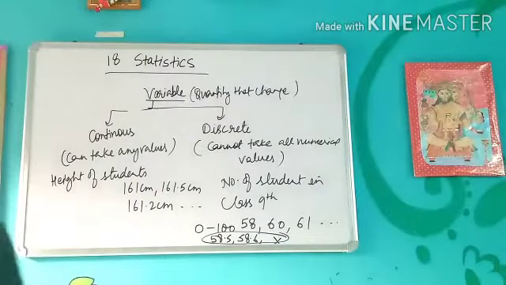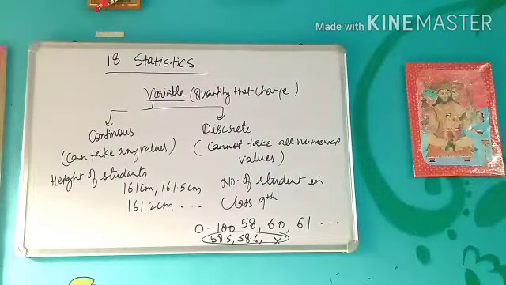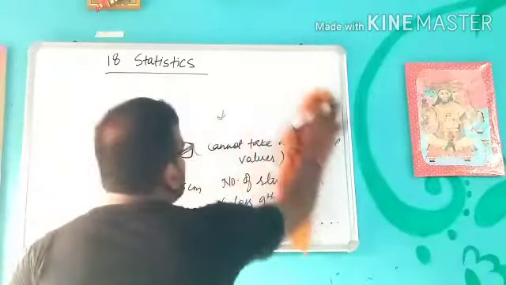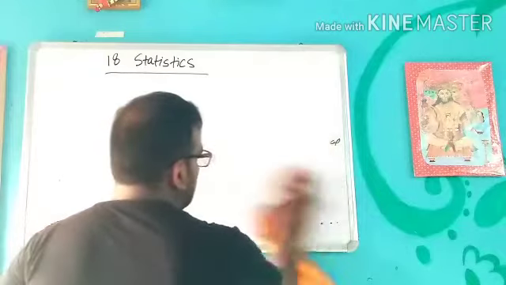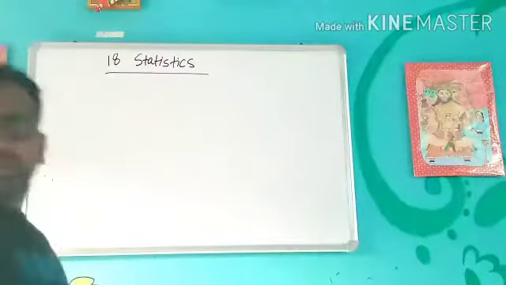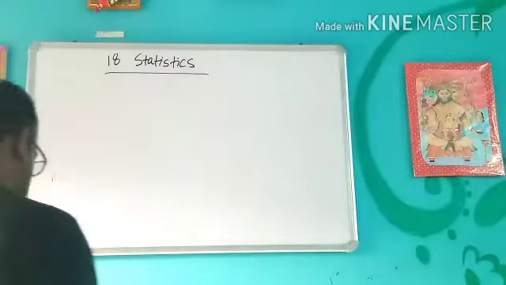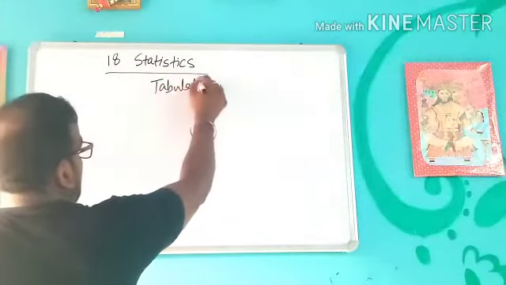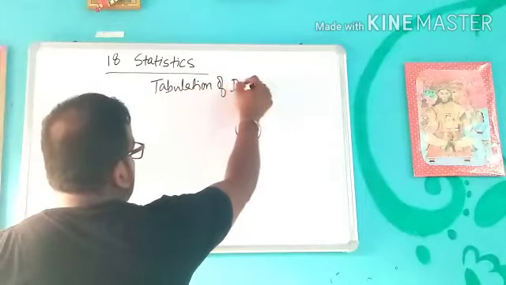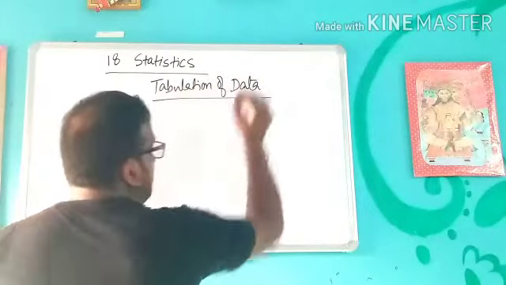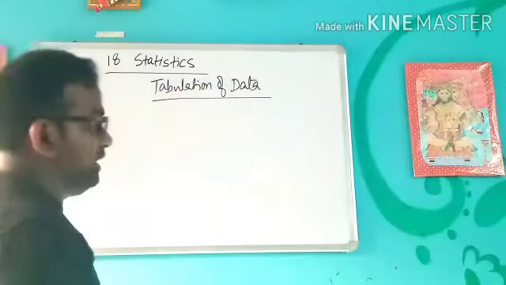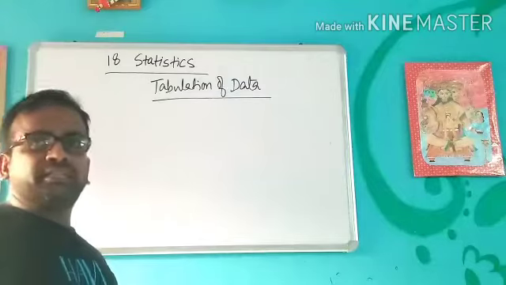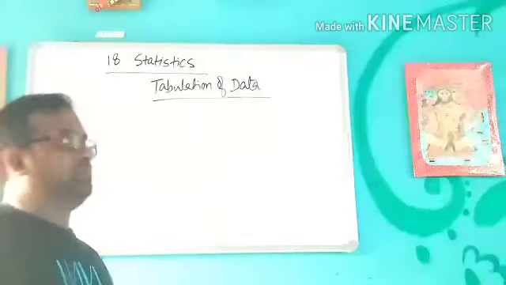So let's discuss the tabulation of the data, which is our main thing that we need to discuss. For tabulation of data, the data can be grouped data, that is, it is contained within certain limits, or it can be ungrouped data, like data given as 1, 2, 0, 9, 5, like this.